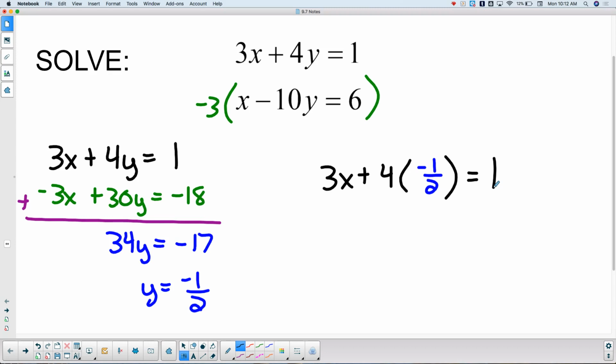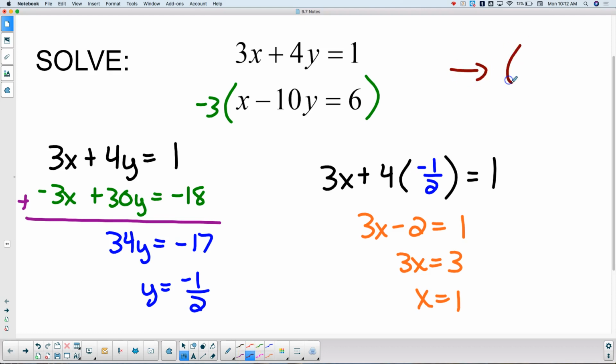So that's going to be this one. 3x minus 2 equals 1, and that gives me 3x equals 3, so then x equals 1. So the solution to this system of equations is potentially 1,